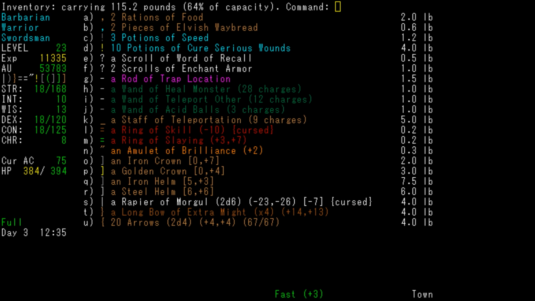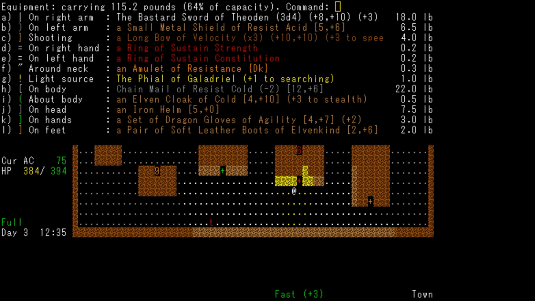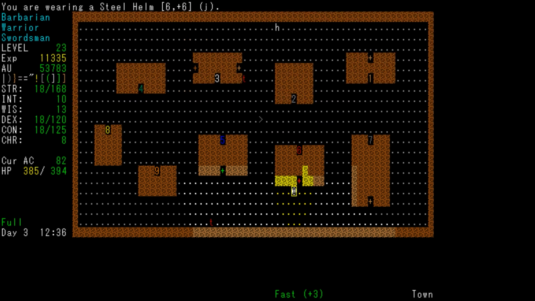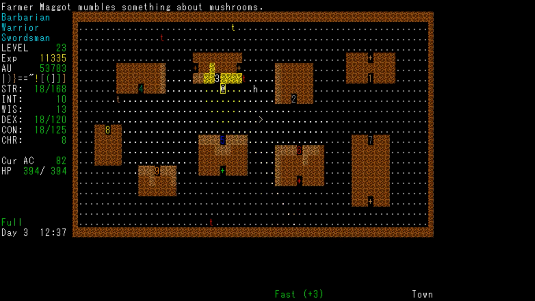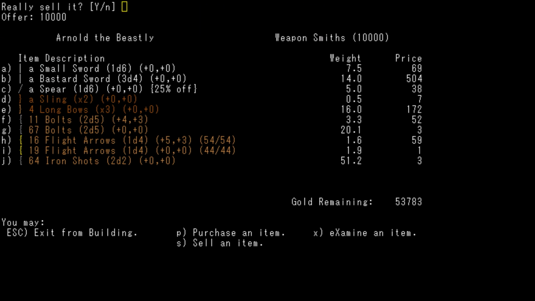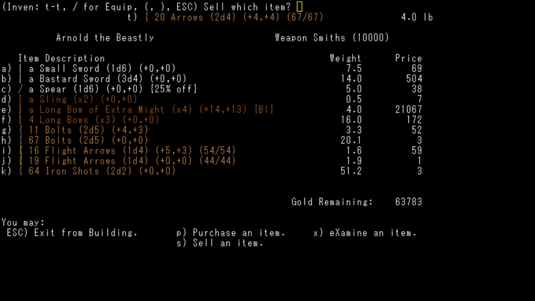Iron Helm 5+3 or Steel Helm 6+6 versus our 5. So let's wear the 6+6 Steel Helm. We can drop the Rapier of Morgul, but I'm curious about it. I doubt they'll buy it. I want to sell it so I can read about it. Can't do it. Well, let's sell the Longbow of Extra Might for 10,000. Jesus. Let's sell...